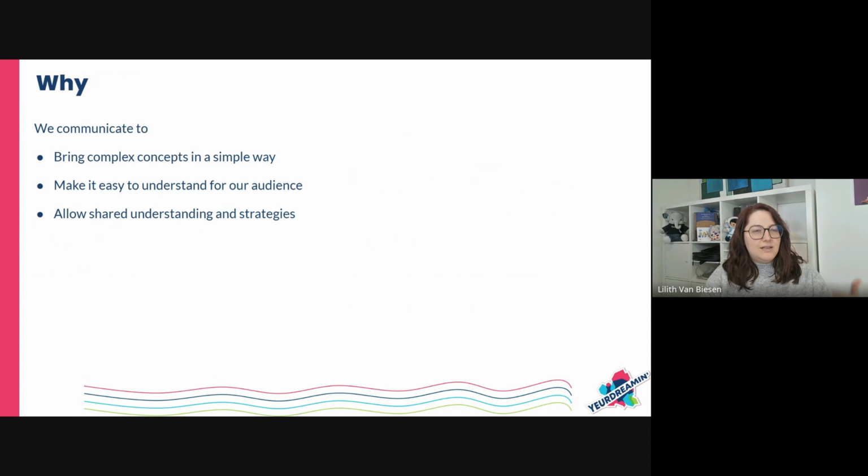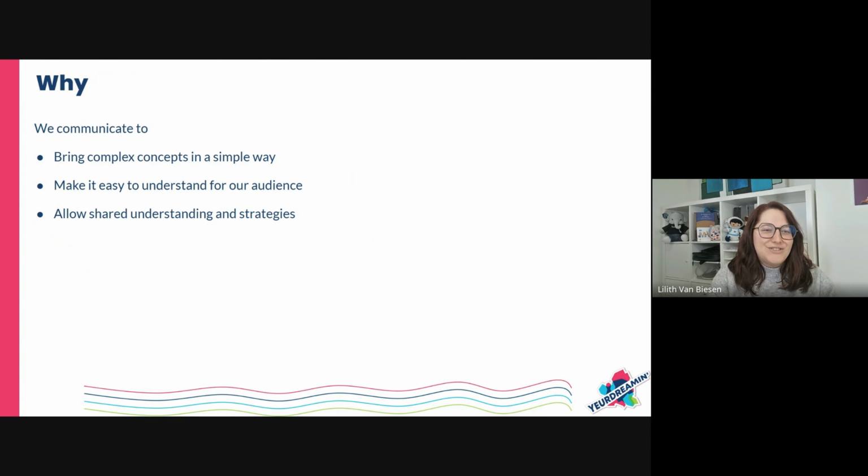So that means that even though, let's say, you're tackling a very technical topic like data migration, even though it's a technical topic, if we have a business audience, we need to really think about what are the elements of this bigger topic that is necessary for them to know, and what are the most complex elements there. How do we make it easy for them to understand? Because it's not about showing off how complex our work is, right?